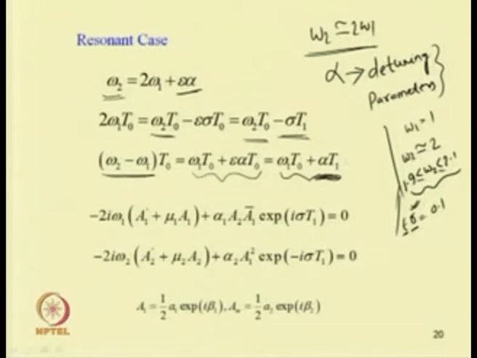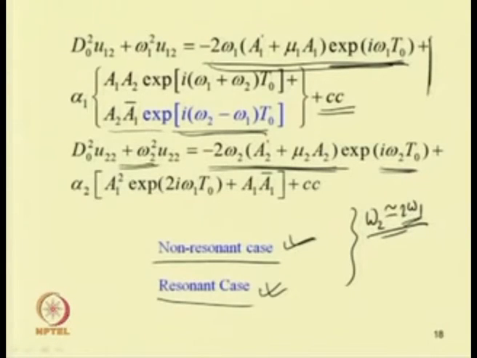So, this gives rise to this mixed secular term or nearly secular term. Now we have to eliminate these secular and mixed secular terms, as these terms lead to an infinite response, while the actual system response is finite or bounded. So, we have to eliminate these terms. So, in the first equation,